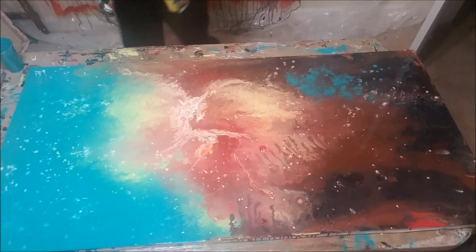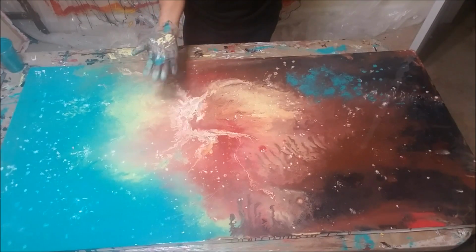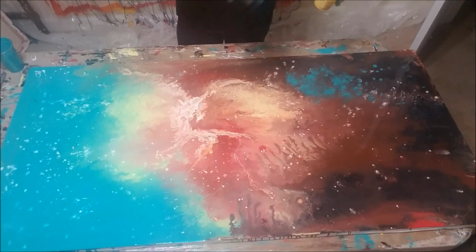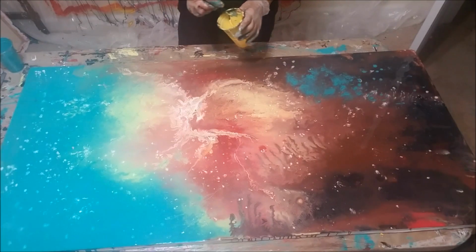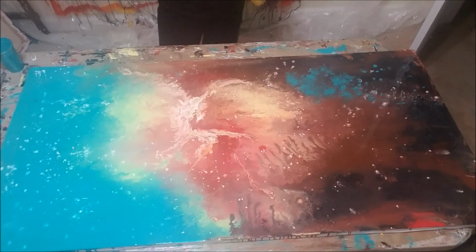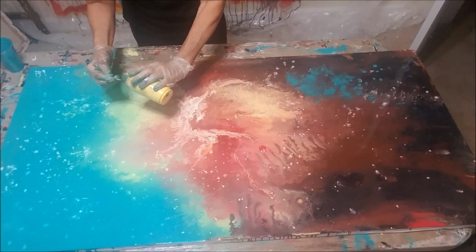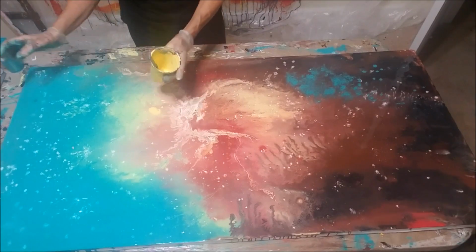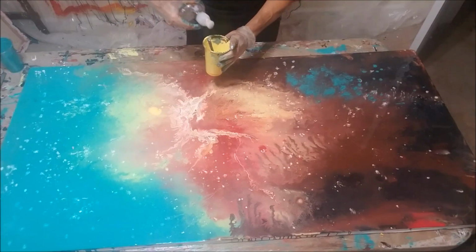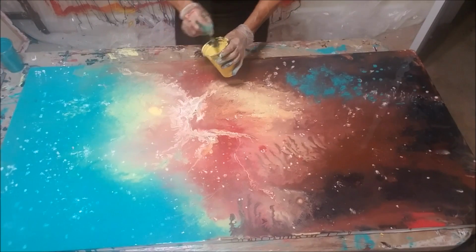Let's see. Chances are this white is going to dry a lot lighter as it mixes in, so I'm considering putting a bit more white on and maybe even some of the yellow. I'm just trying to decide. I'm going to make this a little thinner yet because it's still a little thicker. At the beginning that was fine, but right now,